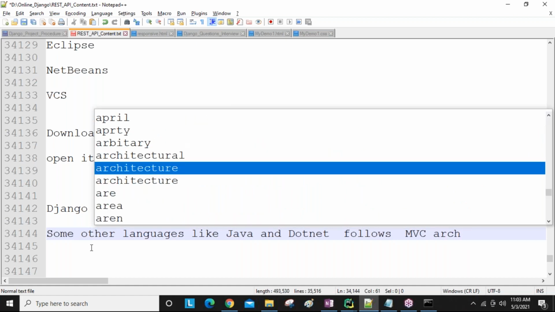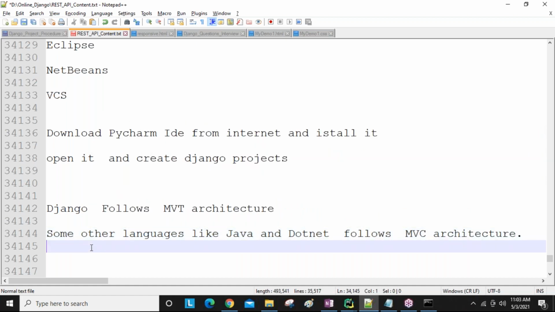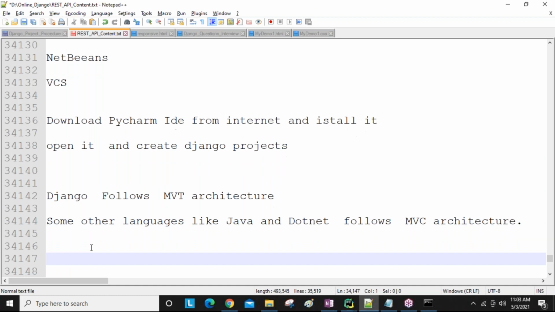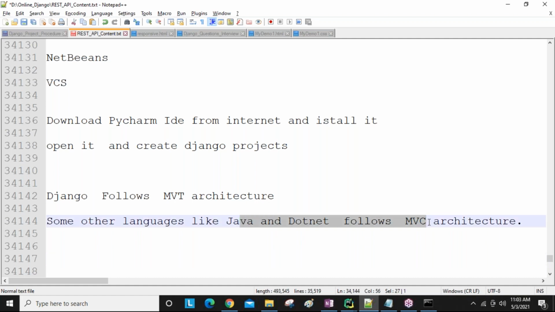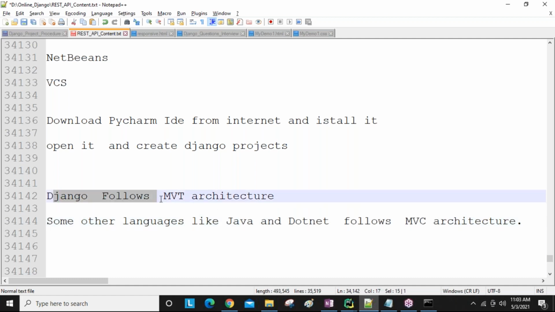So Django follows MVT, but Java and .NET follow MVC. If you are a Java developer or a .NET developer, people are going to learn much more about MVC. But we are Django developers. That's why we are going to discuss much more about the MVT architecture.